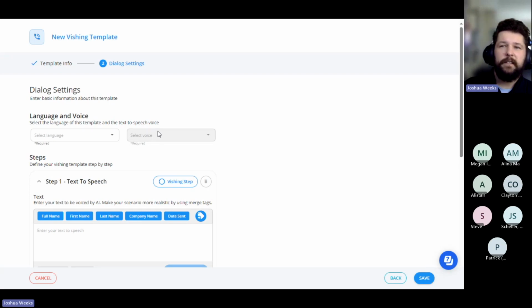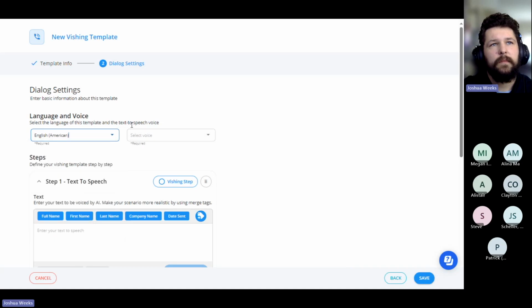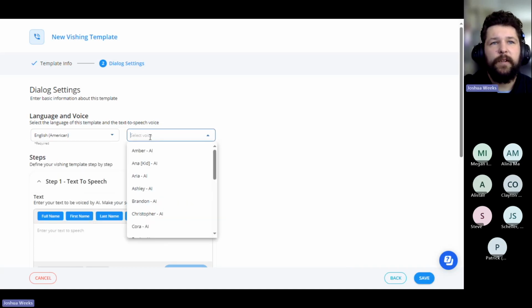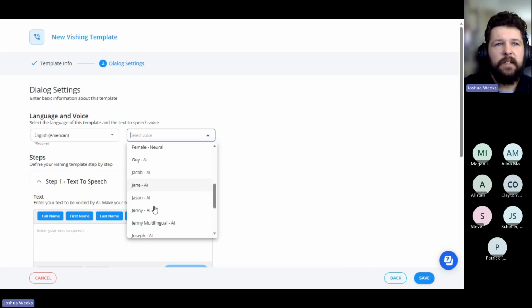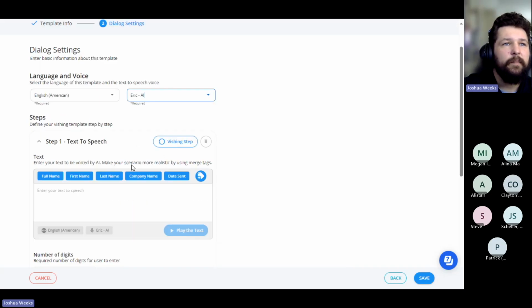Now we're in our dialog settings. This is easily my favorite part of creating one of these templates. We'll select the language that this template will be in. And we'll select the AI voice that we'd like to utilize. A common question that I usually get with this is, can we preview the AI voices? And the answer is yes, we definitely can do that. Once you create your text-to-speech step here,